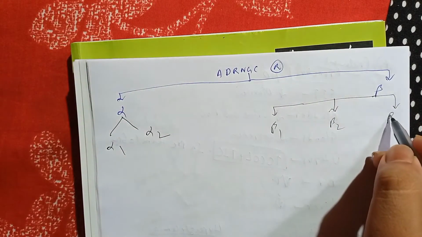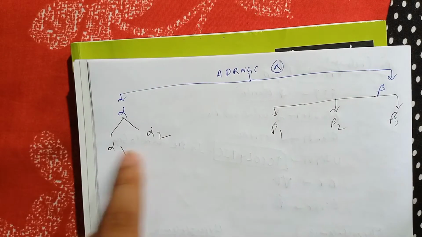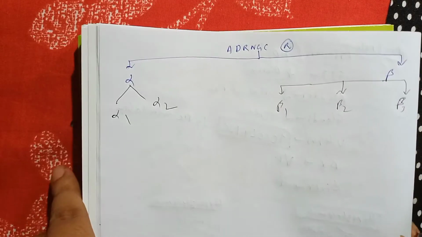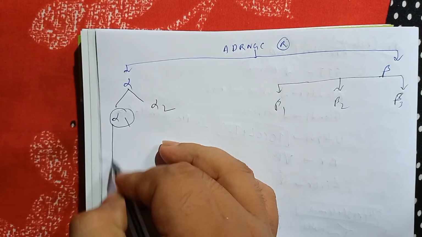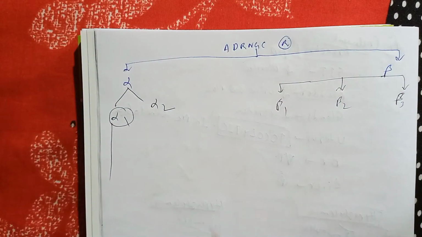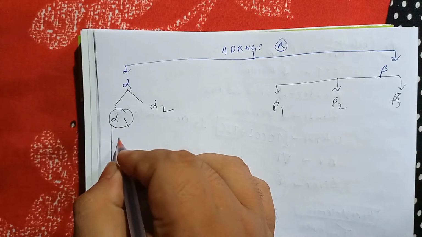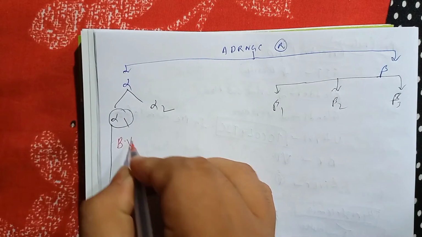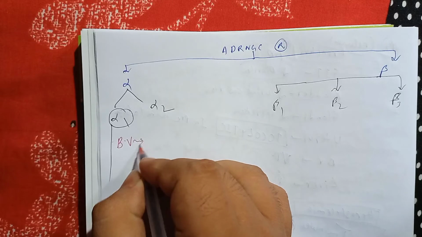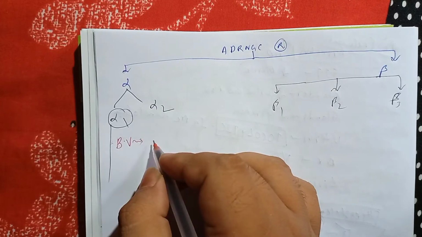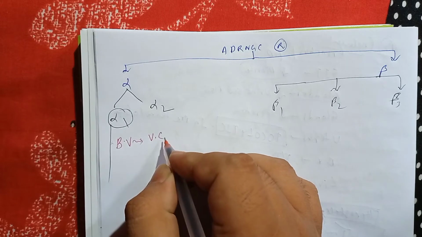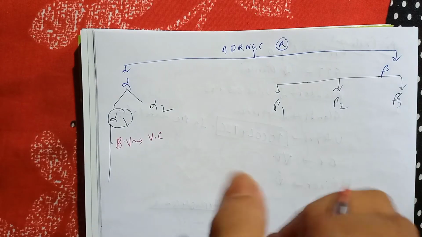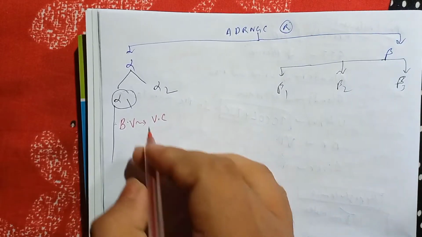Now we need to have an idea regarding the alpha 1 and alpha 2 receptors, where they are located and what their function is. If I talk about the alpha 1 receptors, they are present within the blood vessels, and whenever they are stimulated, their main function is vasoconstriction. I'm writing it briefly as VC, that means vasoconstriction, squeezing of the vessels.